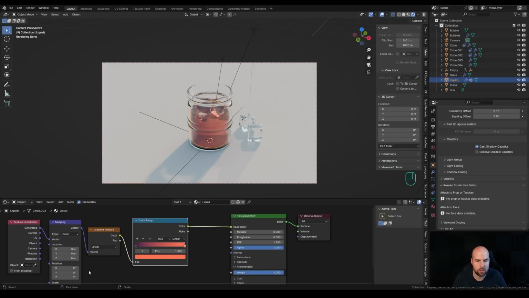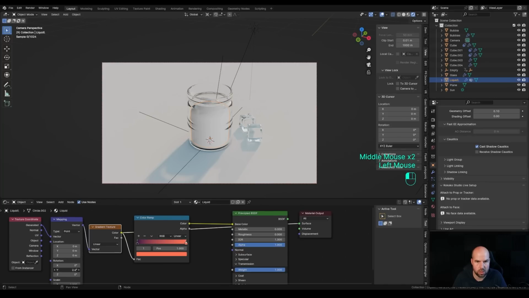The best way to see the rotation is hold Ctrl and Shift and click the gradient texture. That'll help you preview it, and you can see the blacks around the left here. So you need to find the correct rotation. So I think this will be along the y-axis 90 degrees, and now you can see the black is on